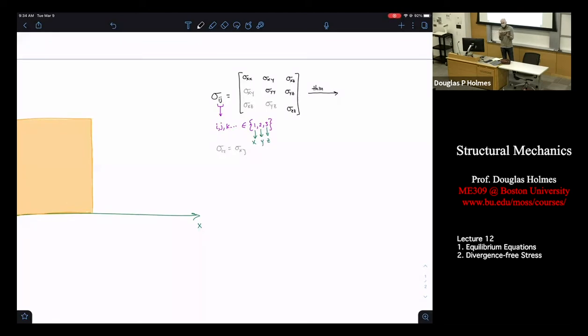And so what you end up doing is making the assumption that your object is in a state of plane stress. Plane in the sense that you've taken your 3D thing that's really 3D in real life, like a sheet of paper, and you said, well, it's so thin that we'll just treat it like a plane, like a literal two-dimensional surface. And what that means is that anything that has to do with z is gone. We're going to say it's 0. And so your stress tensor changes from something that's 3D to something that's 2D. So you end up with,